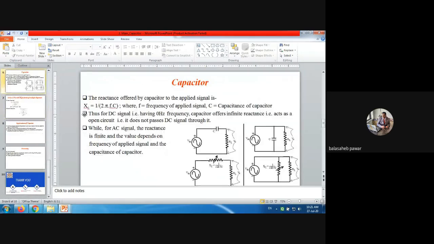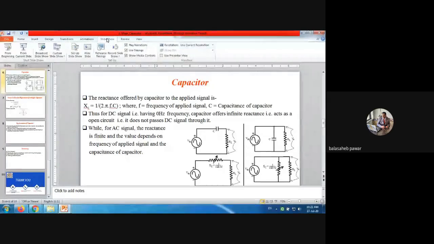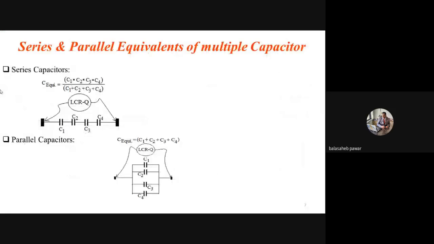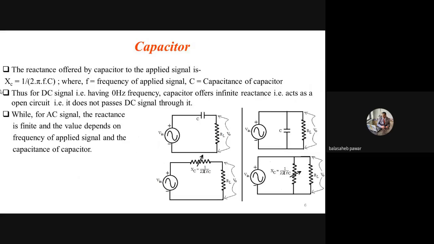So, last time we discussed these two examples, that is a capacitor when it is in series and when it is in parallel with the source and load. Okay. We will not waste our time again on the same example. We'll switch to the next part, that is how the equivalent of capacitors is to be determined when they are connected in series